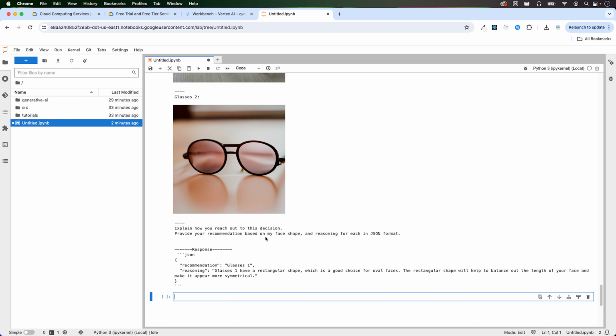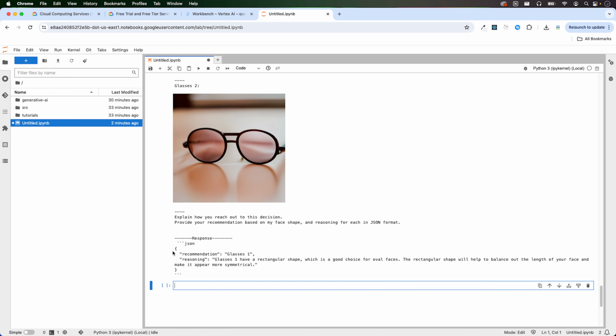Provide your recommendation based on my face shape and reasoning for each in JSON format. And the response is, in the JSON format, recommendation is glass 1, reasoning: glass 1 has a rectangular shape, which is a good choice for oval faces. The rectangular shape will help to balance out the length of your face and make it appear more symmetrical. I don't know if I agree with that statement, but maybe there's this fashion statement somewhere,